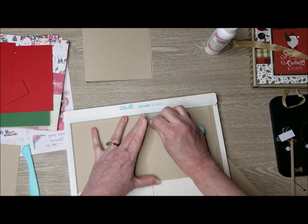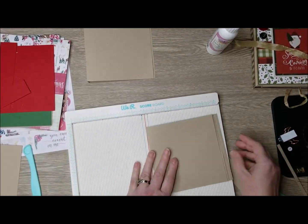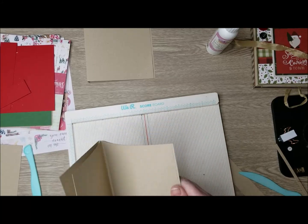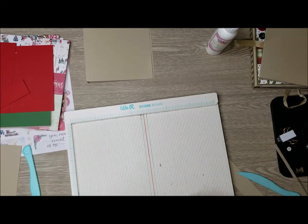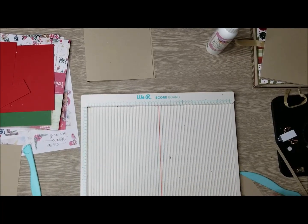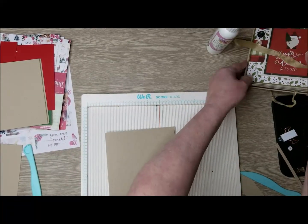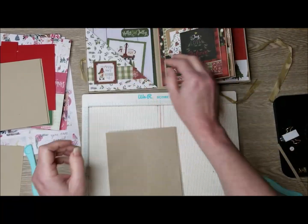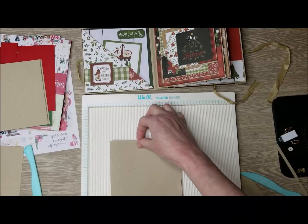Okay. Now I'm just going to make sure all of that lines up. Beautiful. Now you see you have this fun little booklet, and that is our second page system. All right. So now let's work on the fun little flaps and such that go to this section. What we're going to do, so for this first section here, which is the flip open,